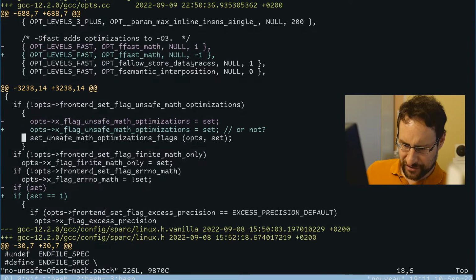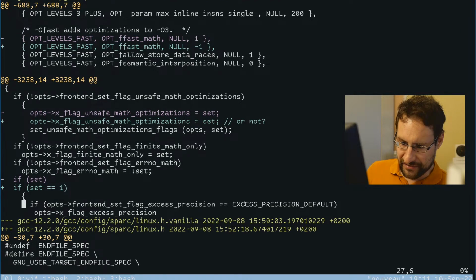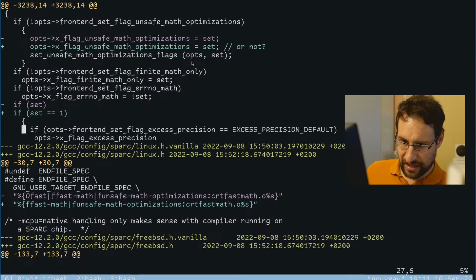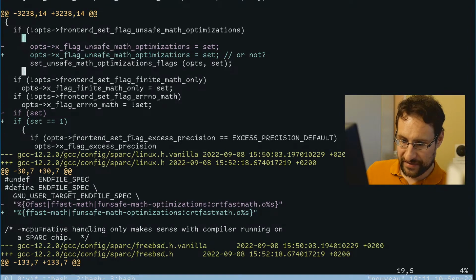Also, yeah, this line doesn't change. So I only set here additional, very unsafe, in my opinion not OFast default worthy, excess precision stuff. And also with that, I think at the end of this code block it runs unsafe, or does it?